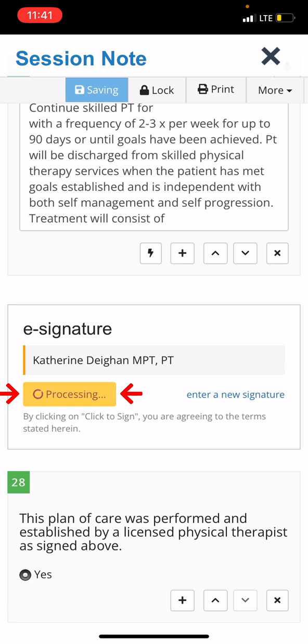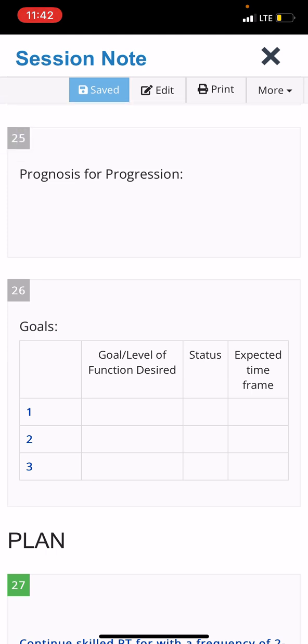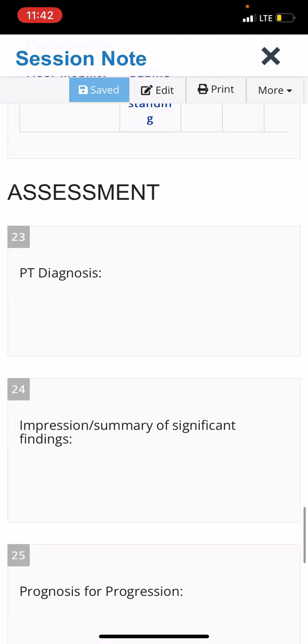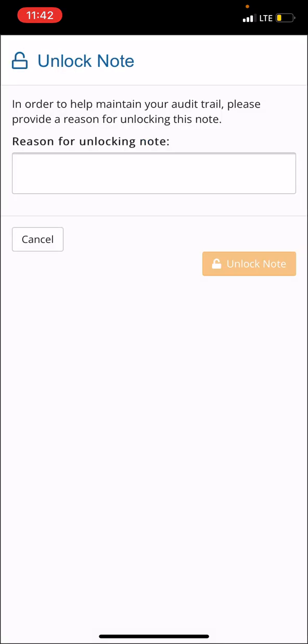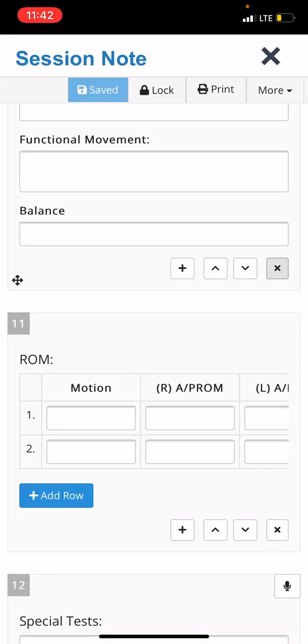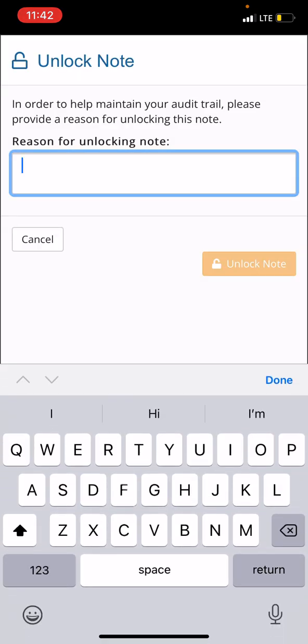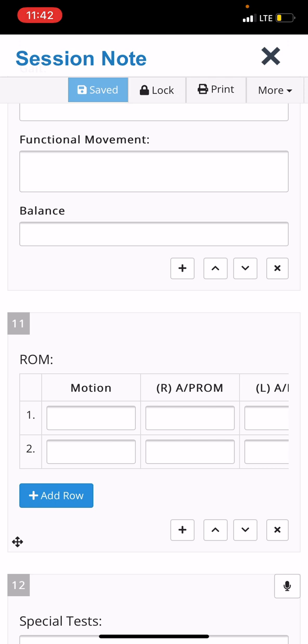Now, if you need to change something, it's no big deal. You go edit, and you don't even need to give it a reason. Just type something in there so it unlocks it. And then it's unlocked, and you can do whatever you want to it, and then you just relock it. So you sign it first, and once you lock it, you can still go back. Oh yeah, you just go edit again, and you just need to unlock it, and then it's unlocked, and then it's locked. Doesn't matter. Cool. Okay. So that's like